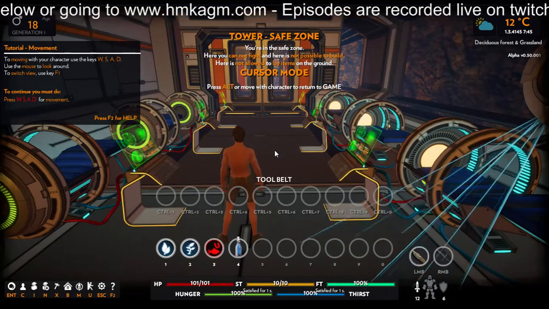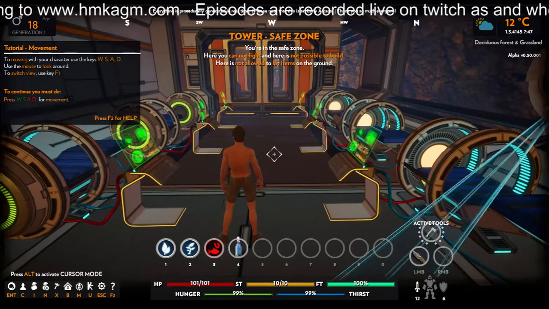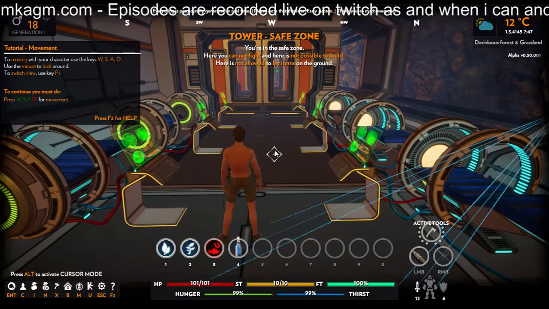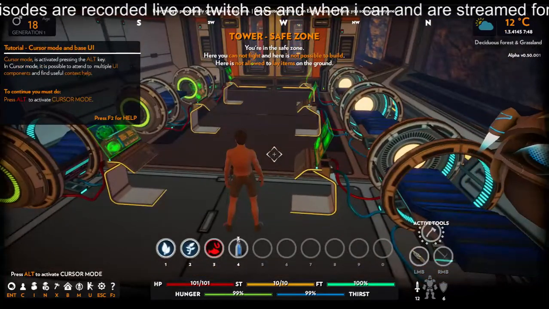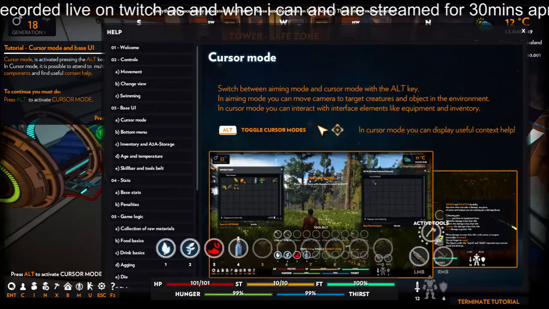Now you've got these tutorial movements, so it's going to say W S A D D and it gets stuck. When it gets to A it gets stuck. Okay, so you got to kind of move your mouse and then press Alt and it won't do